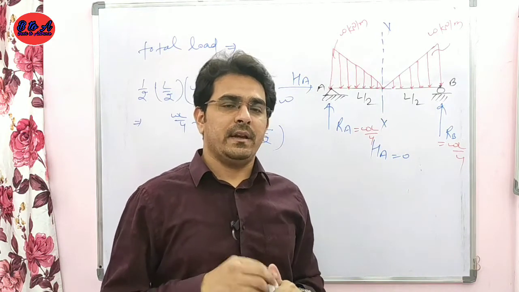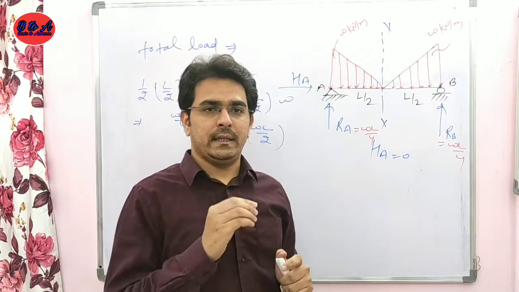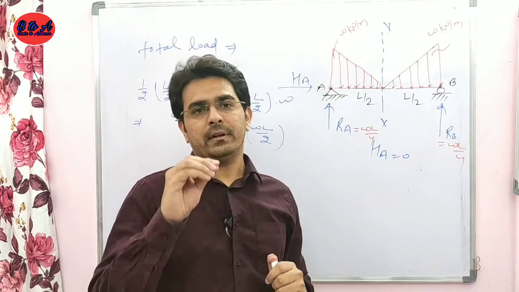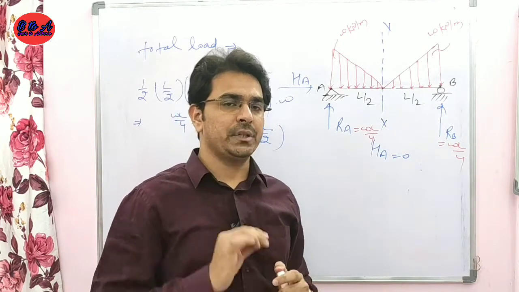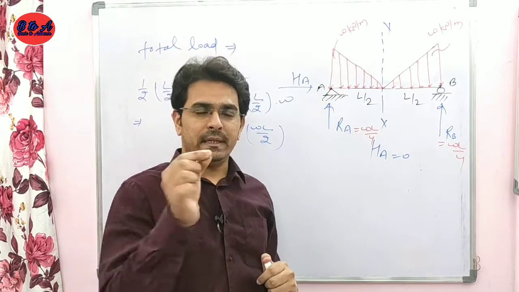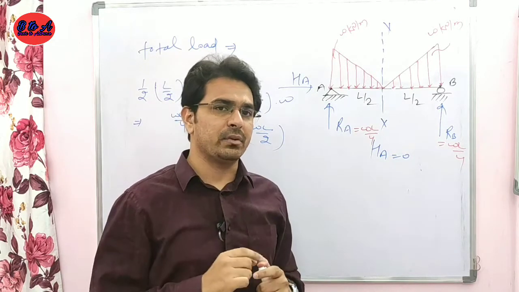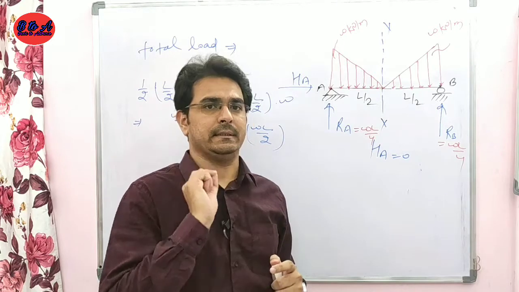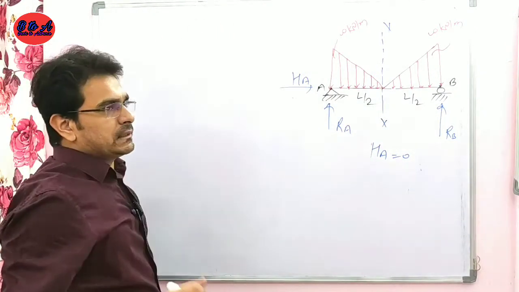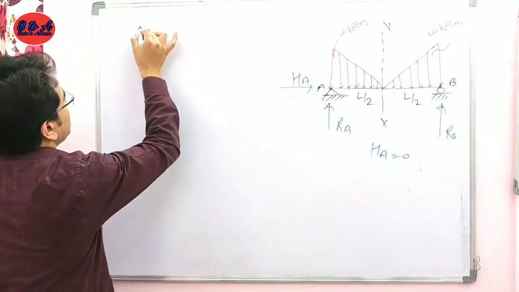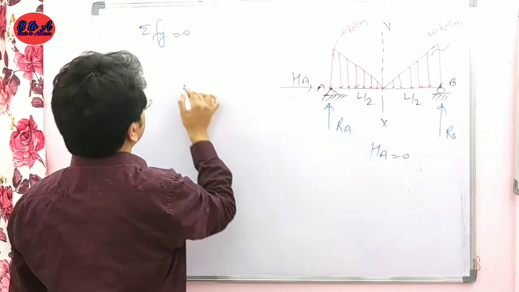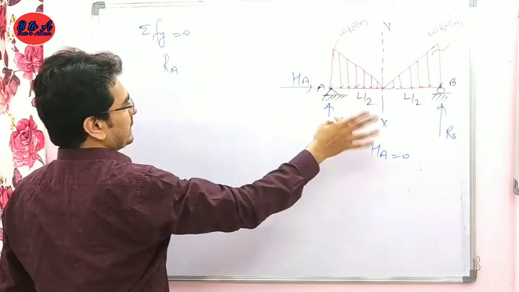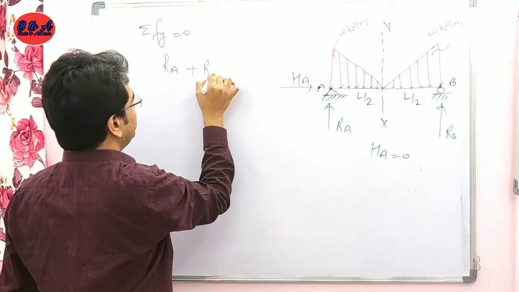It means if we know our conclusion, then there is no need for calculation for finding out the reactions. अगर हमको अपने कंक्लूजन नहीं पता होते तब हम ये रिएक्शंस की वैल्यू किस तरीका से कैलकुलेट कर रहे होते, उस चीज को अब समझ लेते हैं। Now I am applying our static equilibrium equation, that is the summation Fy is equal to 0. So the vertical reaction, that is the Ra, vertical reaction is equal to Rb.